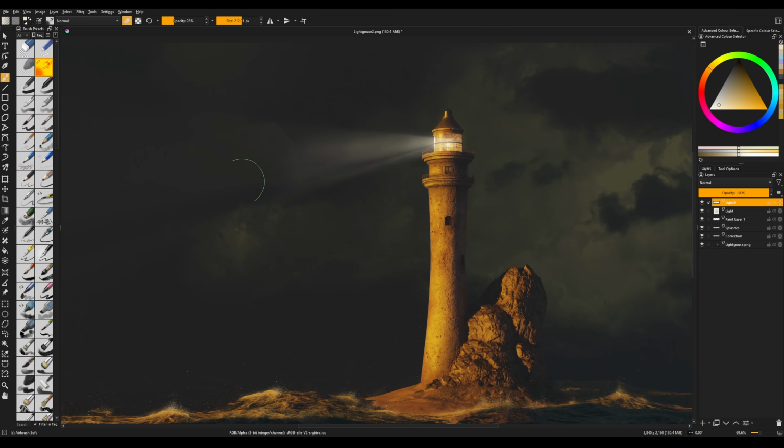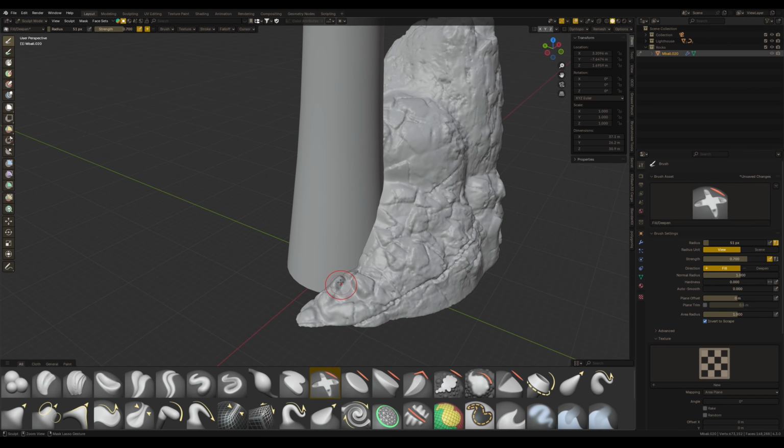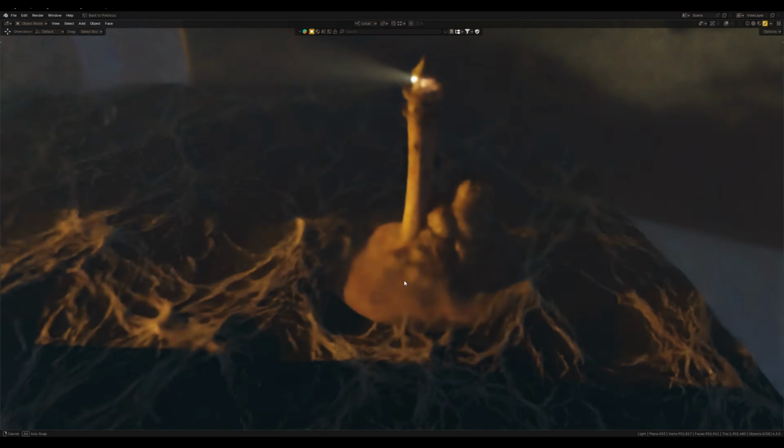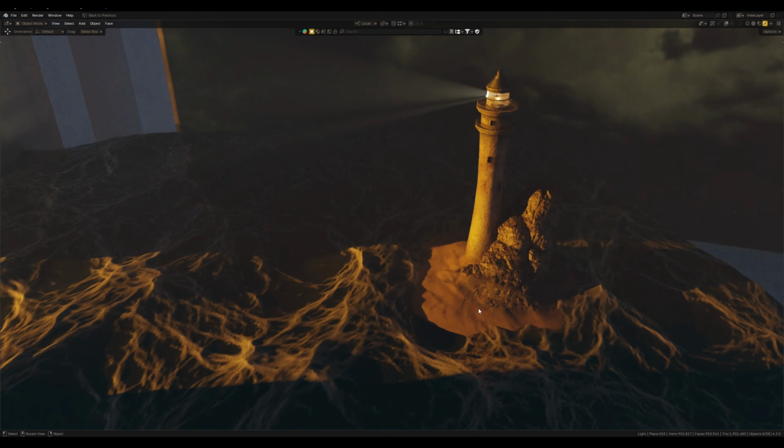Only this ray from the lighthouse would remain, and the rock, which would be an additional support that helps to hold in these difficult conditions in the middle of the ocean.